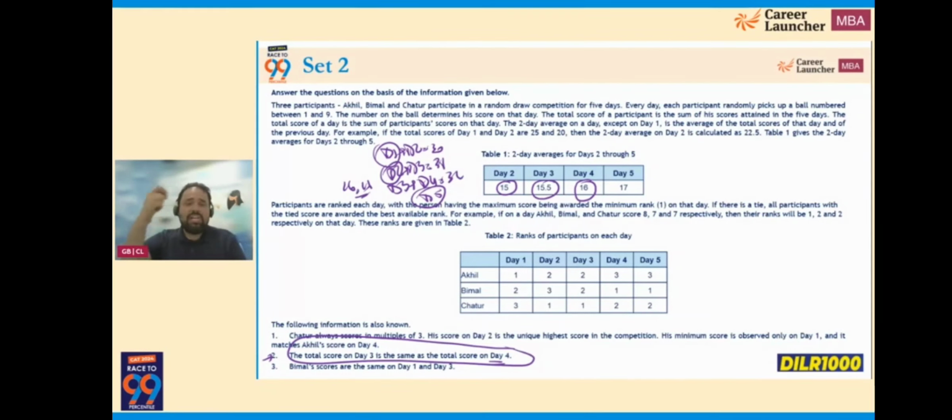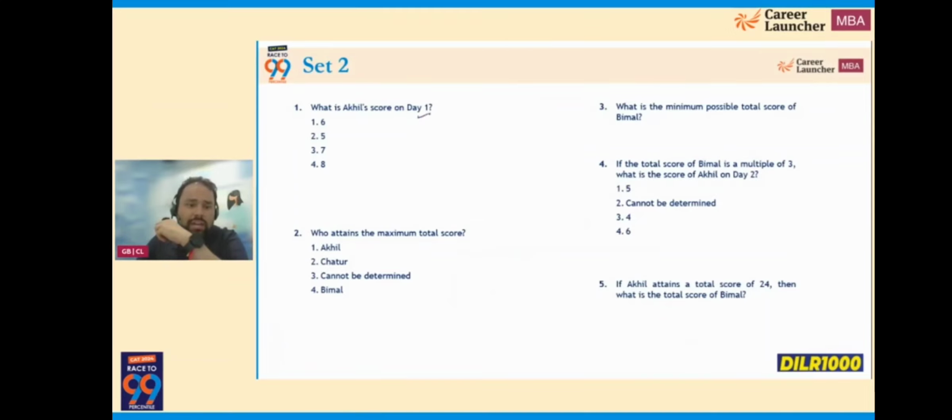What are the questions like? What is Akhil's score on day 1? Direct. Who attains maximum total score? Direct. Minimum possible total score. ठीक है. There could be cases. If the total of Vimal is a multiple of 3, guaranteed cases. If Akhil attains... so I am very very clear कि भैया if ये बोला है minimum possible बोला है cases